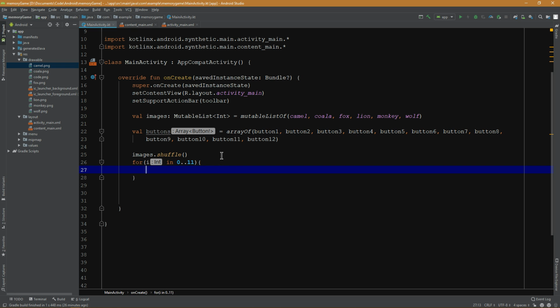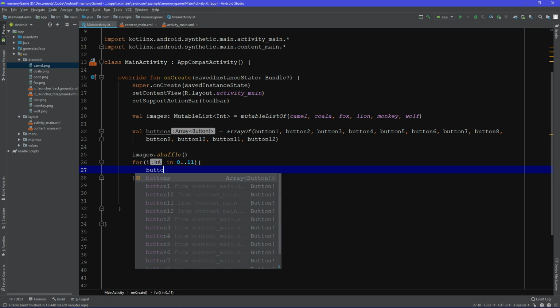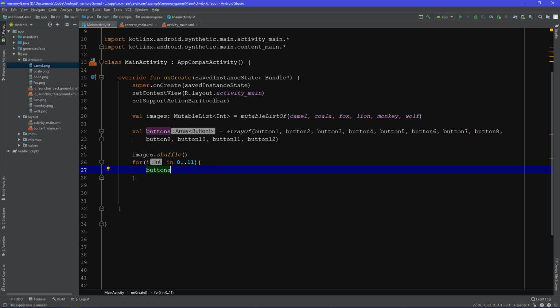All right. Now, we need to get started pushing these images out to the actual buttons. And that for loop is 11 inclusive. So that's something a bit different as well. Okay, so what do we want to do? Well, first we want to make sure the buttons are set up so we can set the